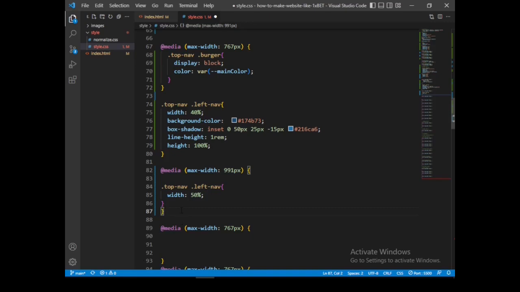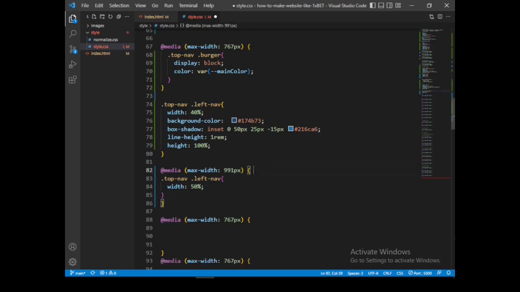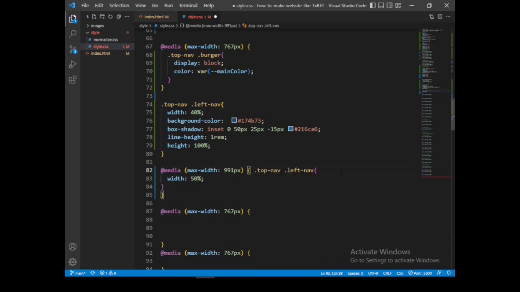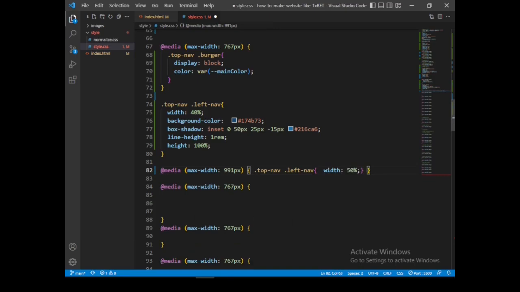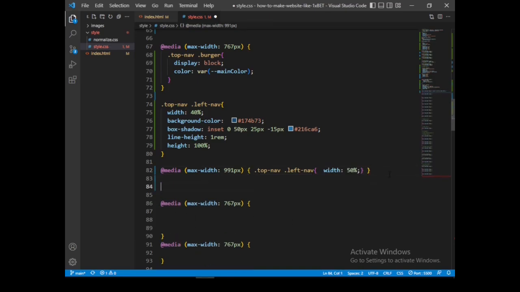Okay, my code doesn't look a bit smarter. I want this code to look smart, this way. So the coding can look smart. Yeah, like this way it now looks smart. That's nice. Then let's continue styling the